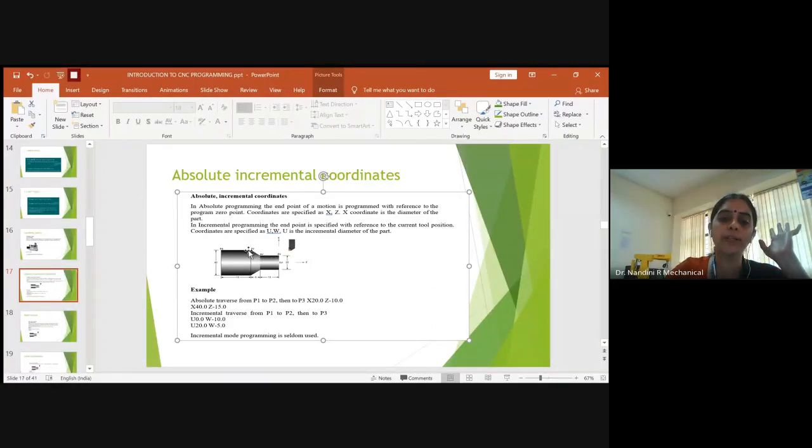When you come here, the amount of material to be removed will be less. So you have to provide slightly traverse motion in an incremental way. So you will do the traverse from P1 to P2 first and then from P2 to P3. So this is retained as it is because the overall dimension given is only 40 mm. So no need to do anything here to get the required diameter of 40.